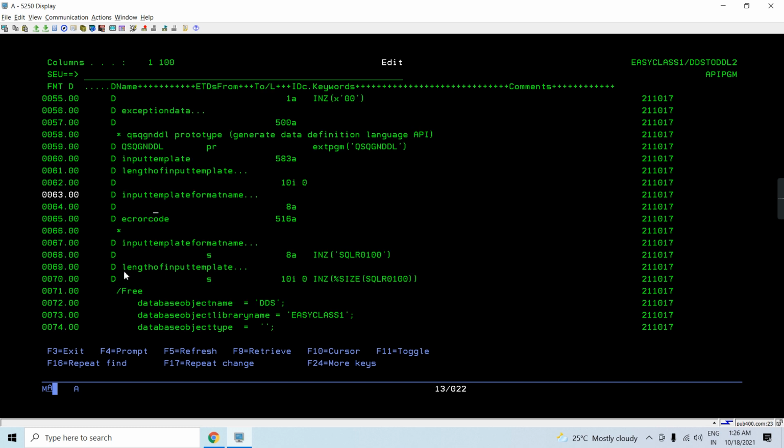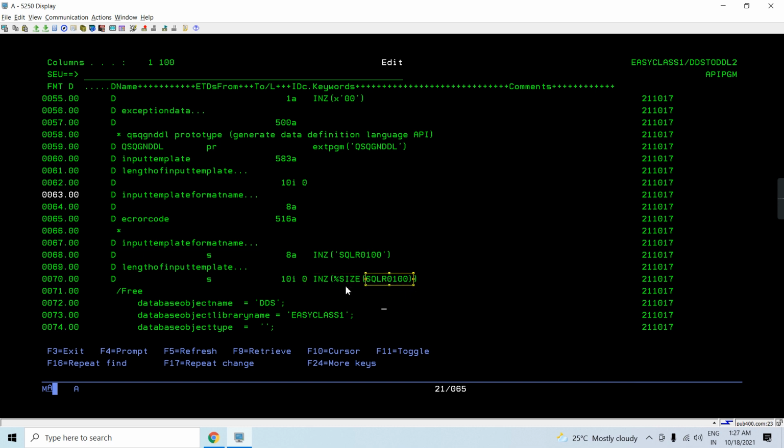You can see I have taken a variable here to pass the input template format name, that is SQLR0100, of length 8. For the length of the input template, I took another standalone variable and passed the size of the data structure SQLR0100.